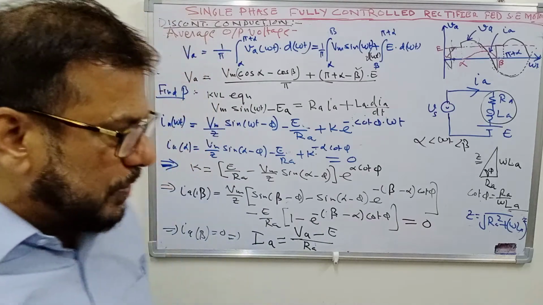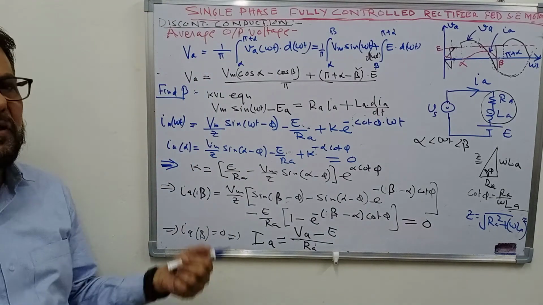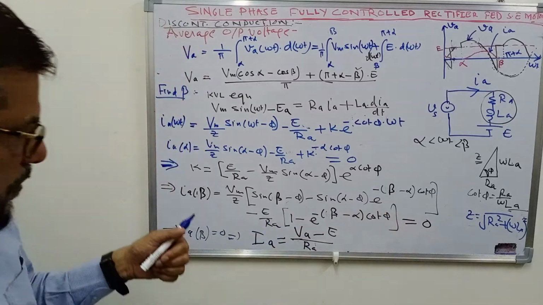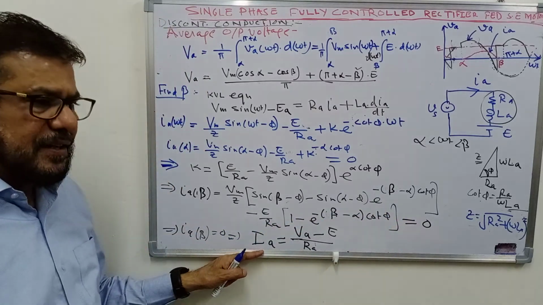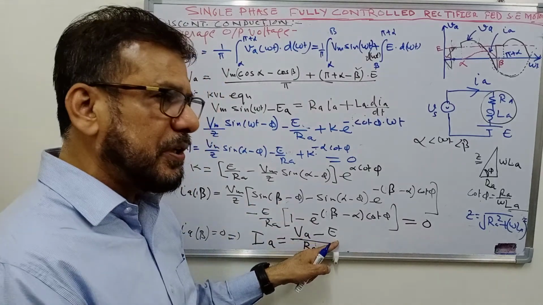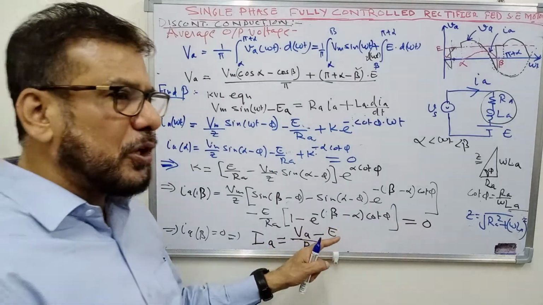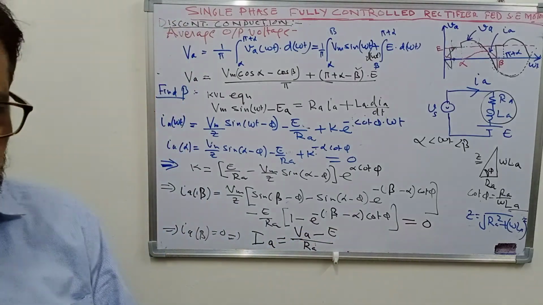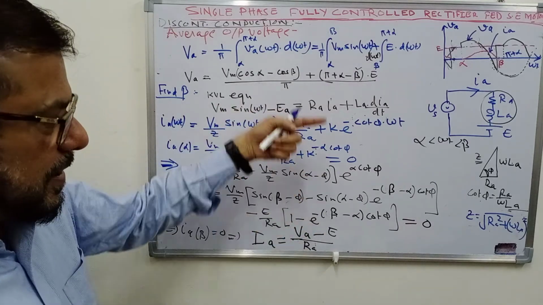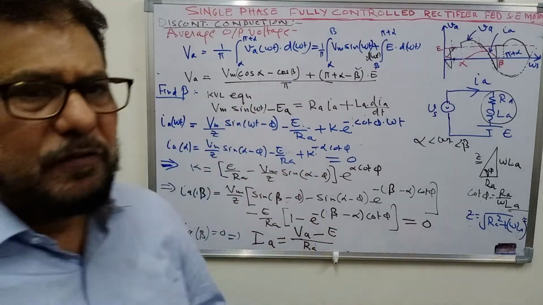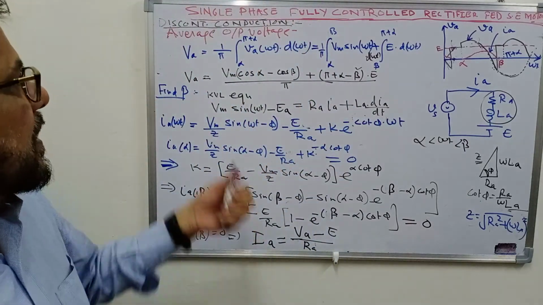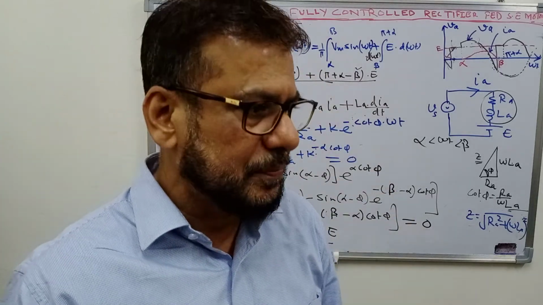Or in the other type of problem, torque is given, and you have to find out the speed. Again, you find out the value of beta. You find out the current corresponding to that torque, and then you find the value of E corresponding to this torque, and corresponding to E you can find out the speed. So there are two types of problems, and you can solve these once you have written this equation and obtained the value of beta. So in that way you can approach the problem when the conduction is discontinuous.